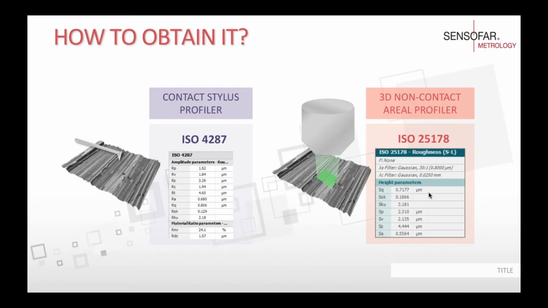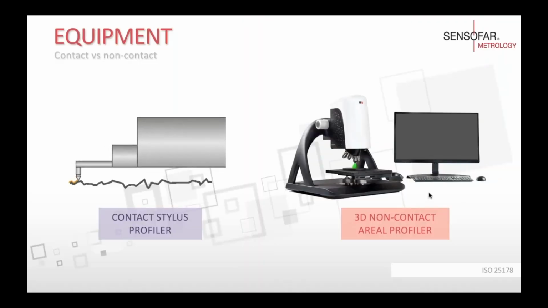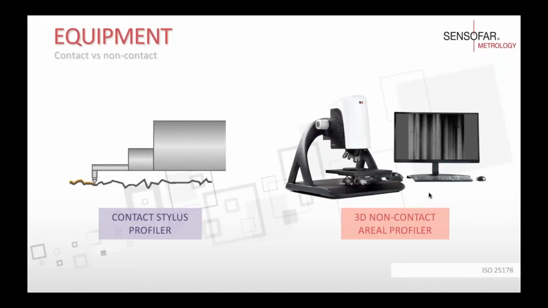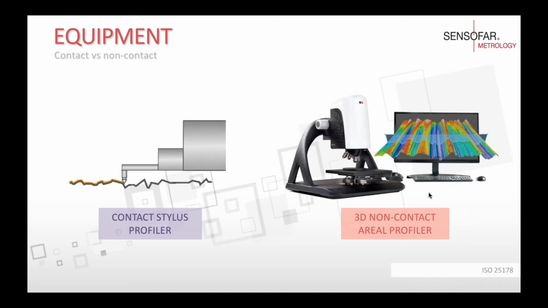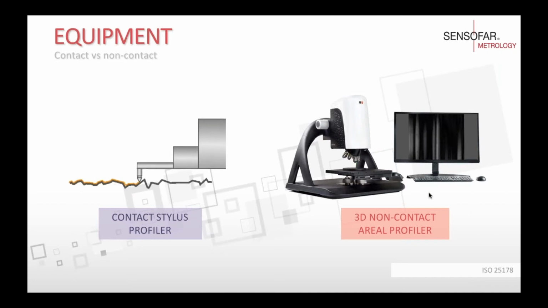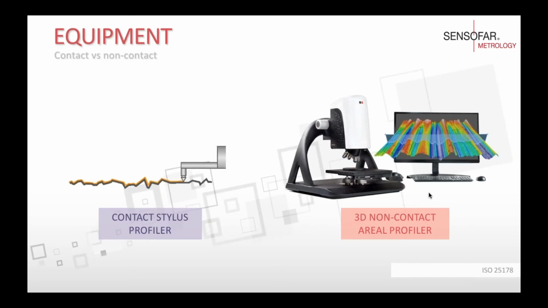And in that case, the ISO that applies is the ISO 25178. So let's dive a little bit into this equipment. The contact stylus profiler works as you can see here in this GIF. We have a tip that is going to be touching the sample, and this tip is going to be moving up and down depending on the interaction, and that is the thing that we are going to sense,